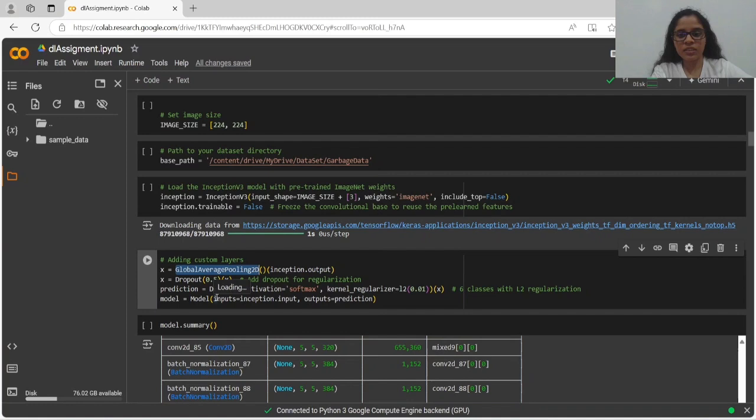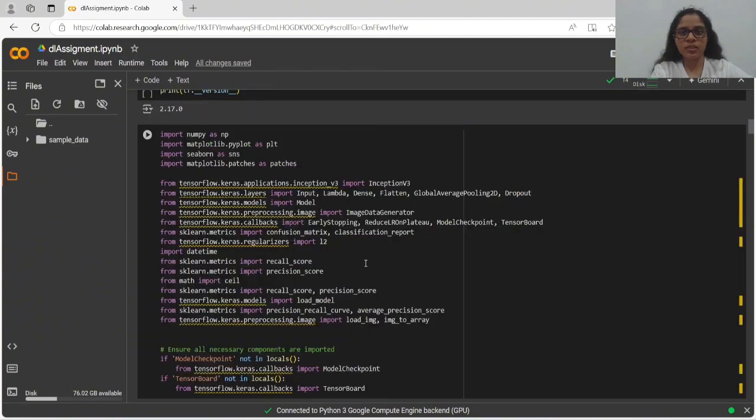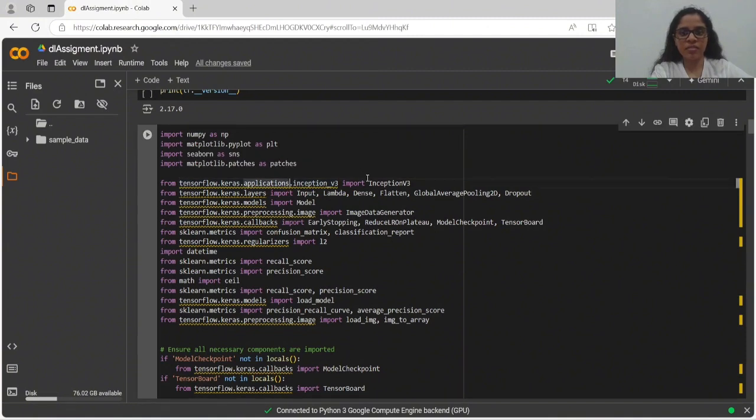Dense layer, this is the output layer with six classes using softmax activation. All necessary libraries are imported, including Inception V3 for transfer learning and Keras modules for creating layers and training the model. Libraries for visualization and evaluation, like Matplotlib and Seaborn,